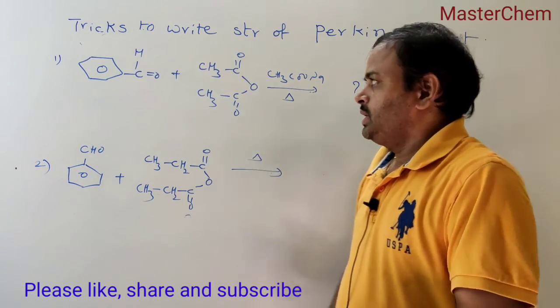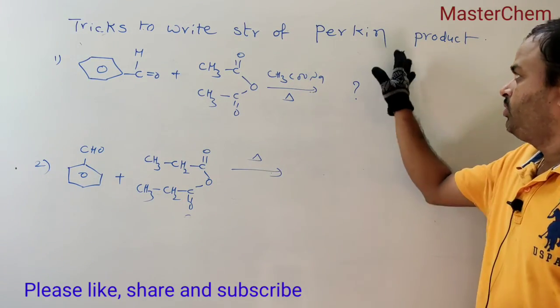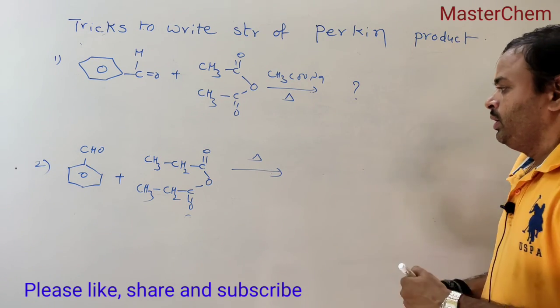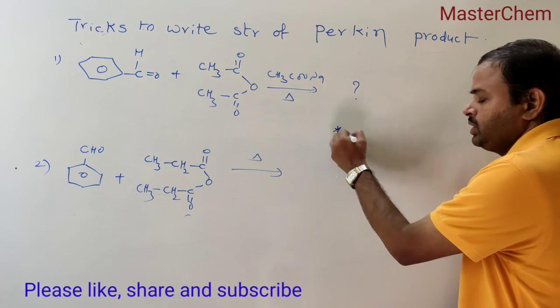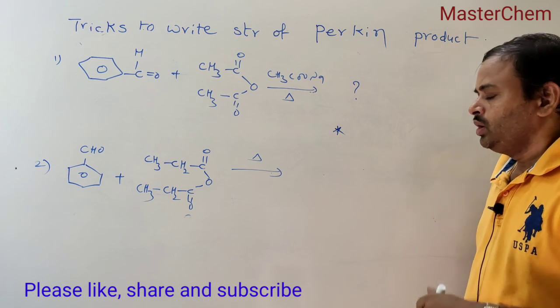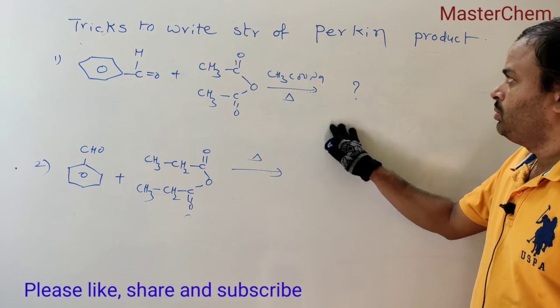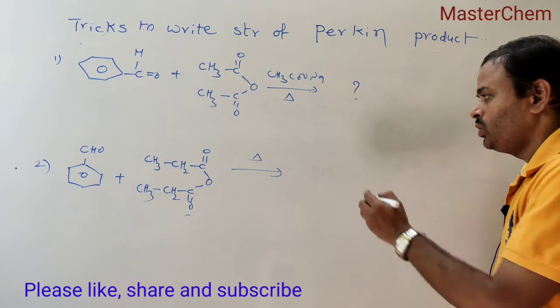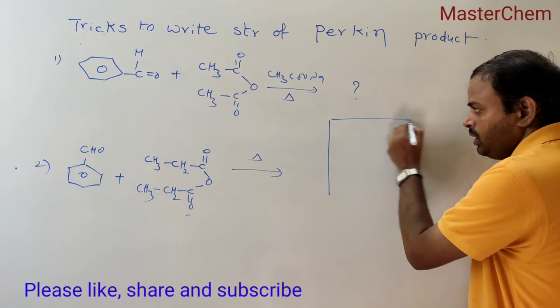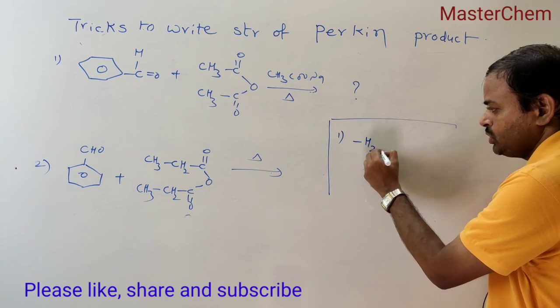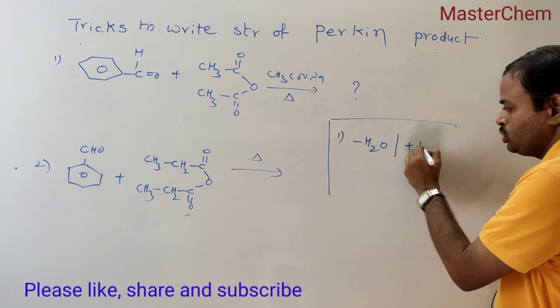Now let us discuss tricks to write the structure of Perkin product. Just now we have discussed the Baeyer-Villiger oxidation product, where it is an oxygen insertion oxidation product. So for the Perkin product, how to remember it? The first rule is minus H2O, plus H2O,